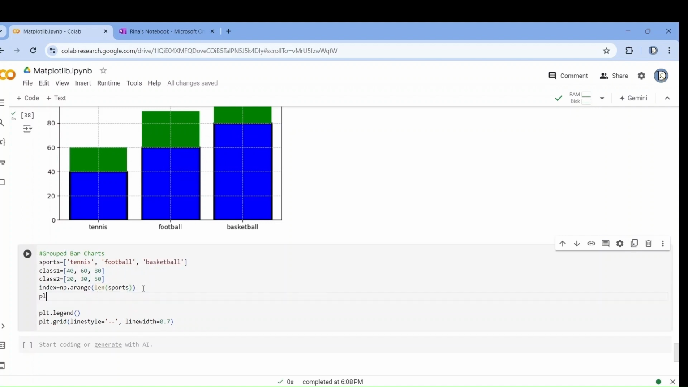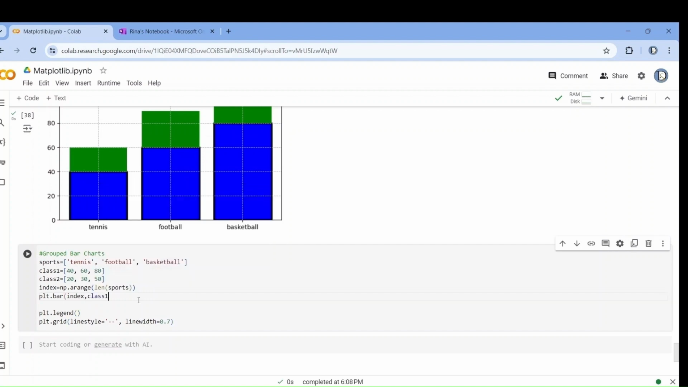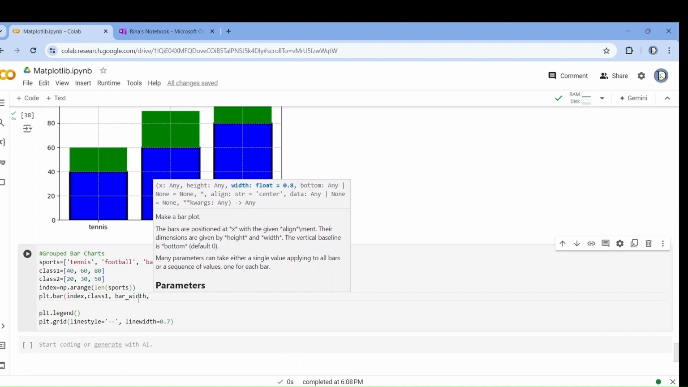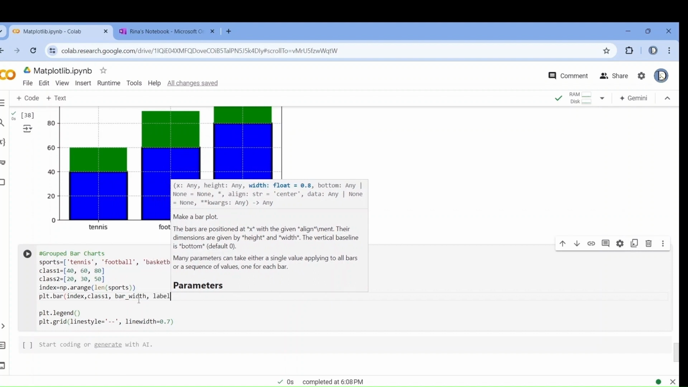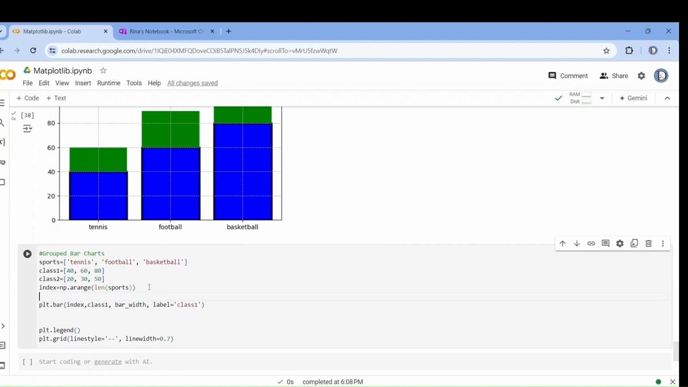Okay. Now write plt dot bar. In the x position, index value 0, 0th position. There tennis will be placed, comma, y class 1. Now provide a bar width. Next, label equals to class 1. Okay. I want to give bar width as